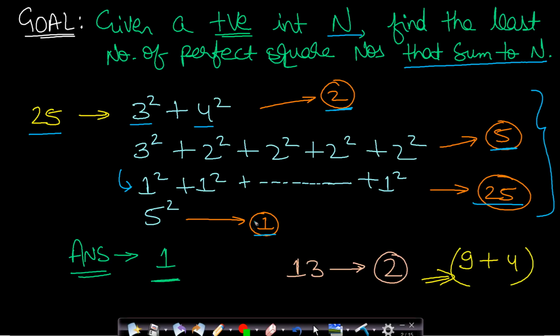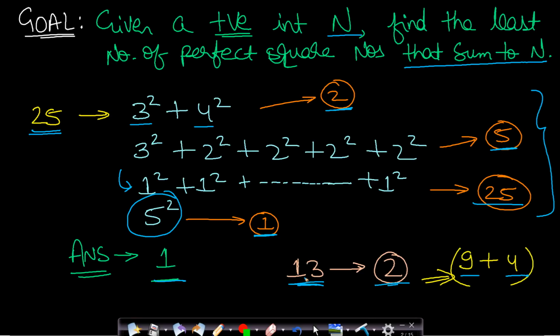So we will take the minimum. That is, we will take the minimum number of perfect square sums which can be added to get this 25. So minimum is 1, that is we can just use a single perfect square, 5 square, to get this 25. So in this case the answer will be 1. Okay. So let us say if you take the number 13, then we can get 13 by adding 3 square plus 2 square, and this is the minimum number of perfect squares which we will add to get 13. There is no possible answer which will be better than this, since 13 is not a perfect square in itself. So in this case we will simply return 2.